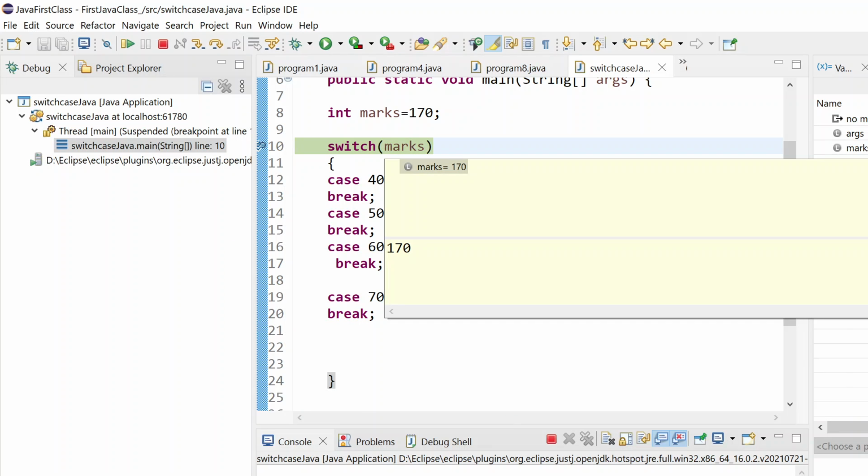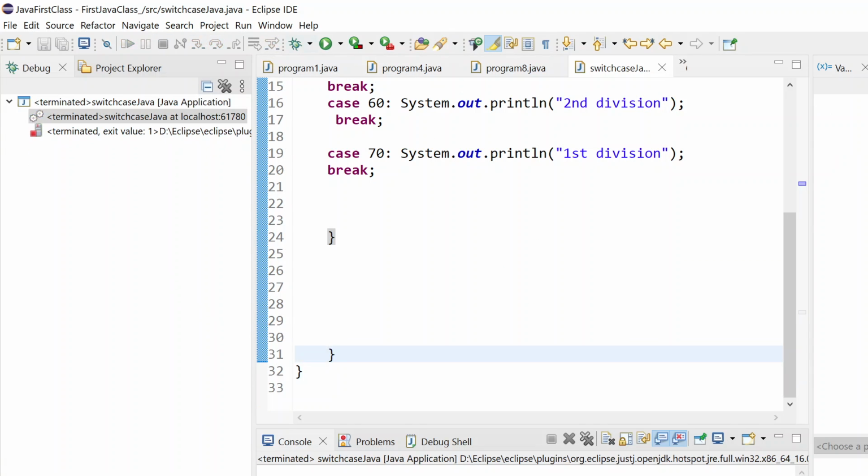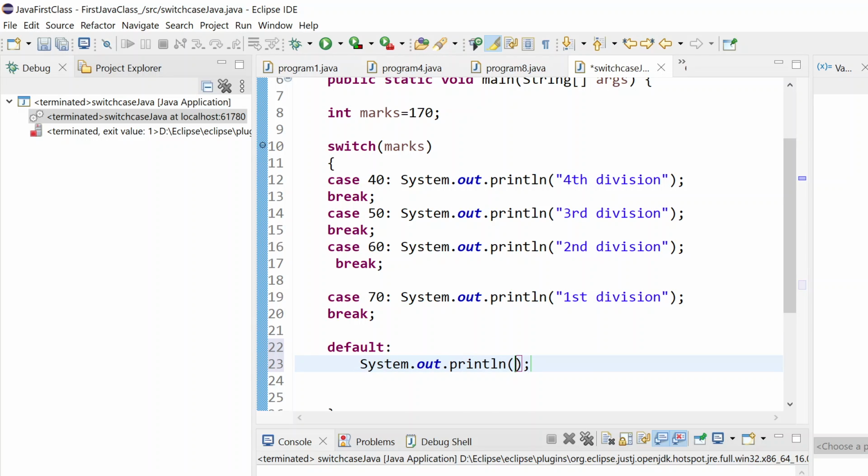So now I have given 170. If you see, this 170 is not matching. So it will simply come out of the loop. Sorry, not loop, switch case. So let us give one more default statement. It will run if none of these cases match, it will automatically run at the last. So I will say default, and here I will say, let me say no. The reason I'm giving this is that whosoever runs the program